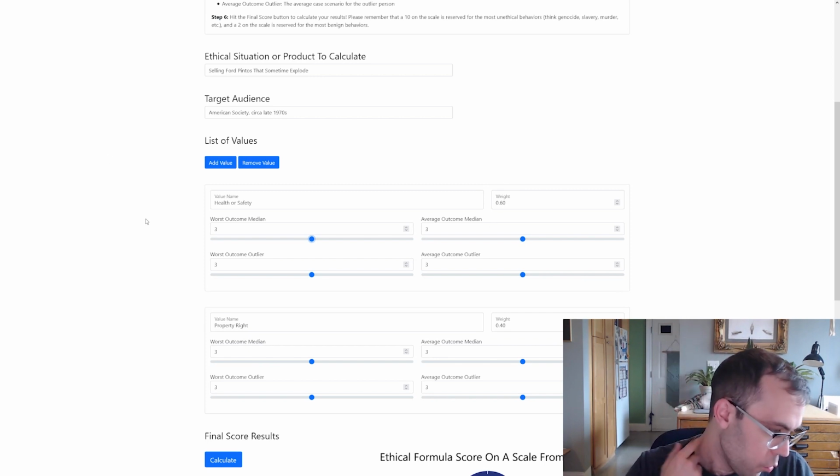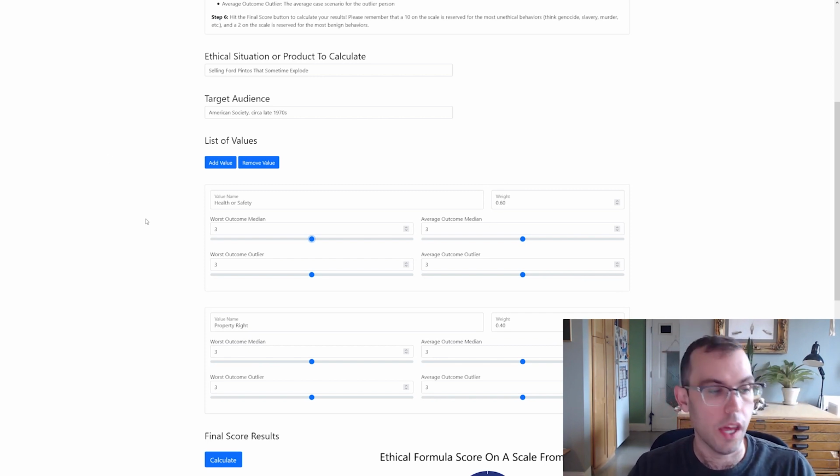Now, we have a value that says we need to be healthy and we need to be safe. If I am in a car and it explodes in a fiery ball of flame, okay, that's our outlier approach, because for most people, they would not get in a rear-end accident, okay, and they would not explode when they got hit. So if we look at our average outcome for the median person, nothing really went wrong.